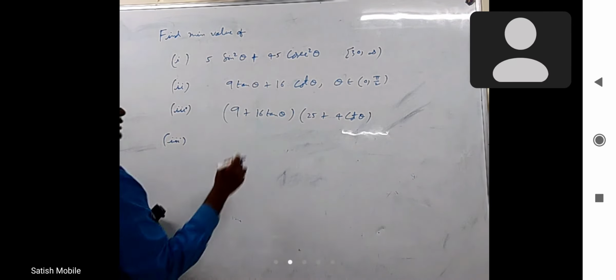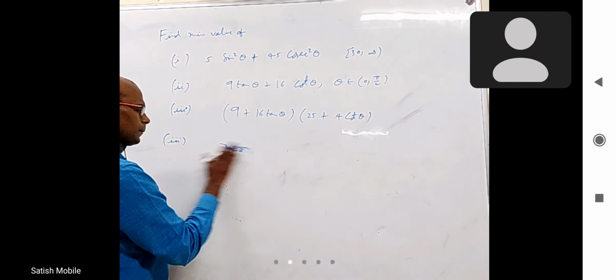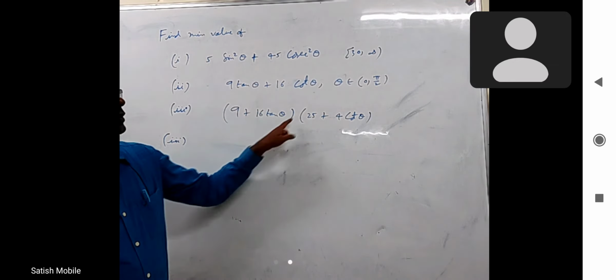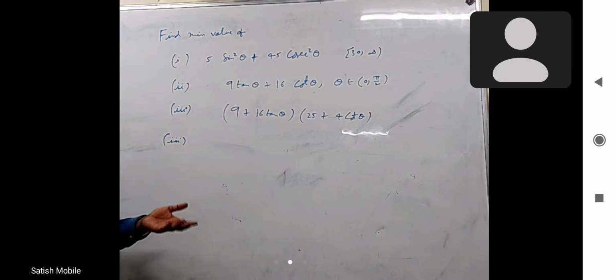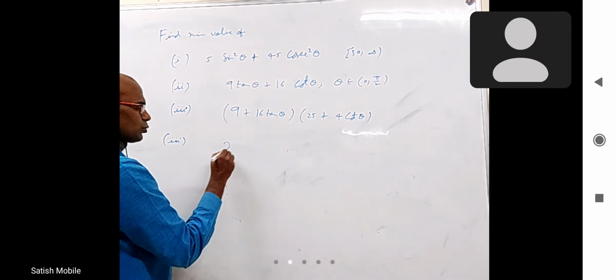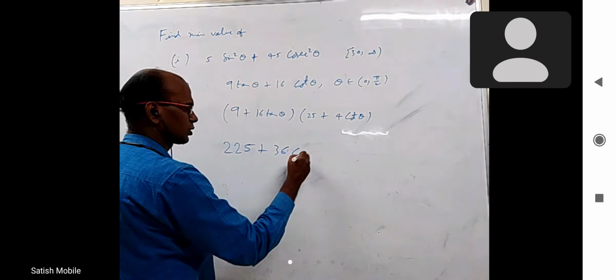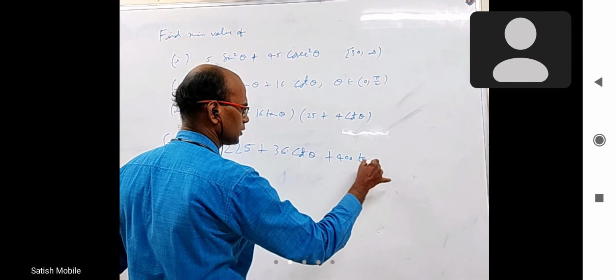Okay, third one. If I expand this, 9 into 25, I'll get 225. If I directly apply AM-GM inequality, there is no use, because if I take this whole thing as A and this whole thing as B, A into B is not a constant, neither is A plus B a constant, so we will not be able to use it. So when you expand this, 9 into 25 is 225. This into this is 36 cot theta. This into this is 400 tan theta